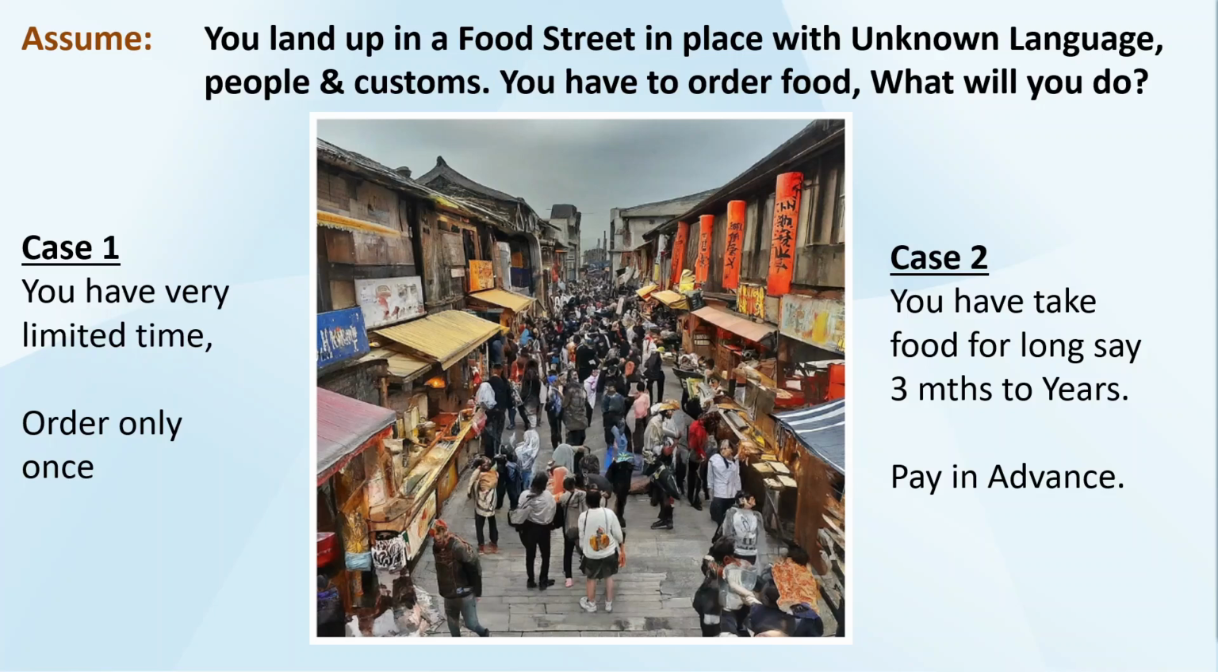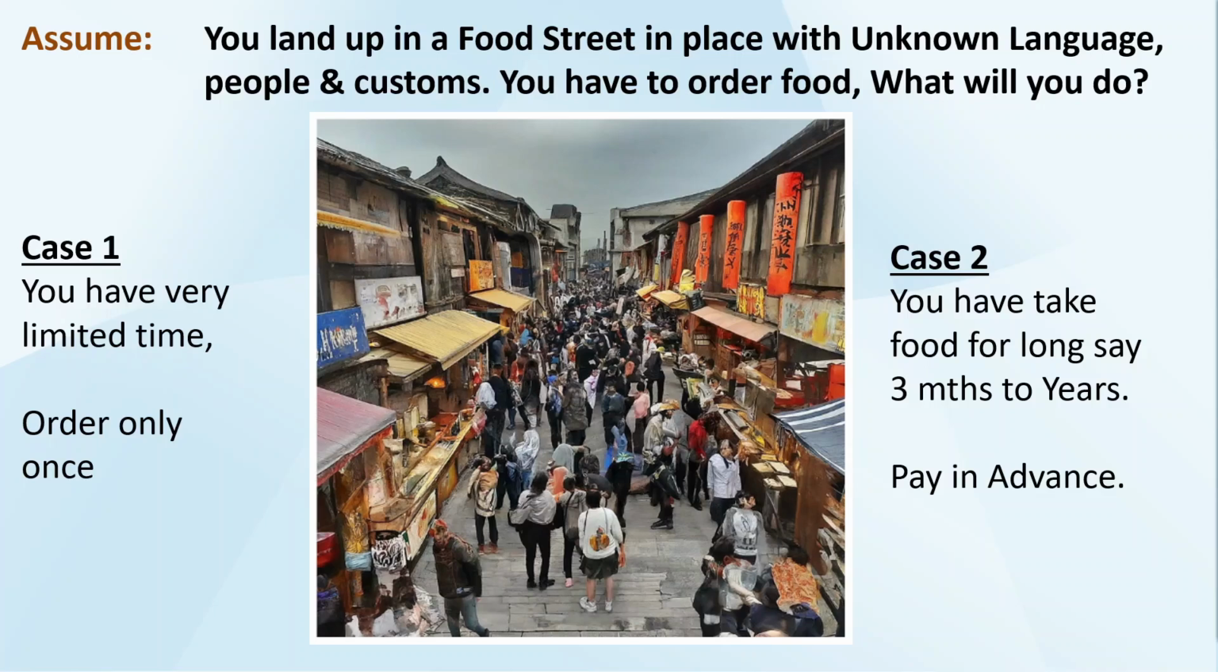is which food stall has the maximum number of people waiting in a queue to take food. You will assume that out of multiple food stalls, if a particular food stall has more customers, that means the food quality served by them must be good. So as you have to take food only once, you will go to that particular food stall